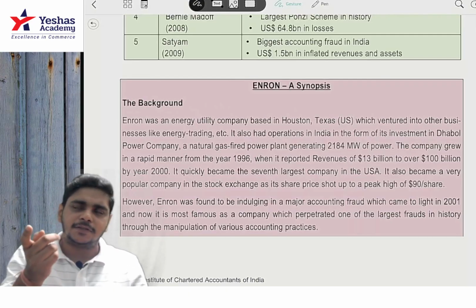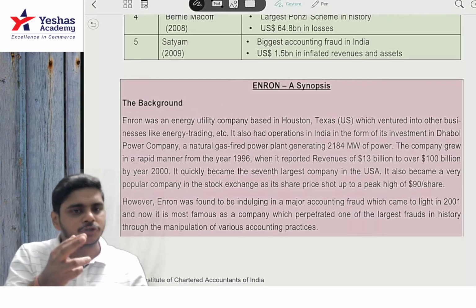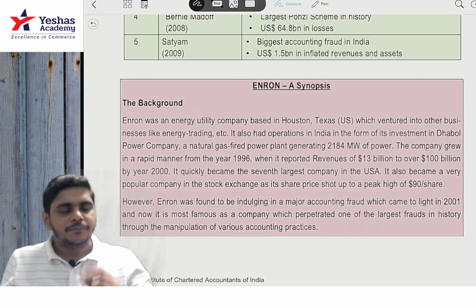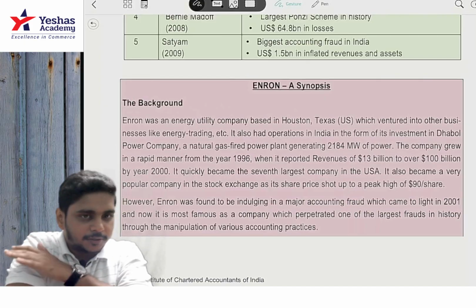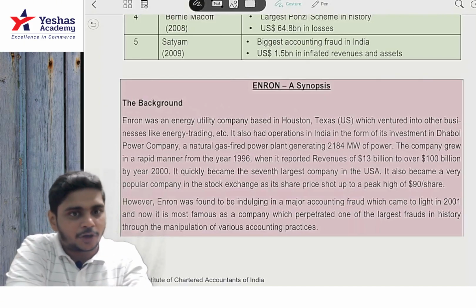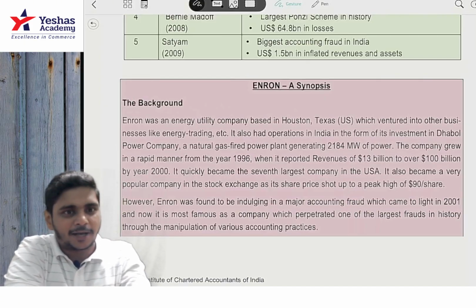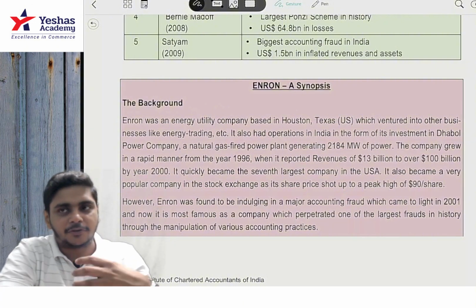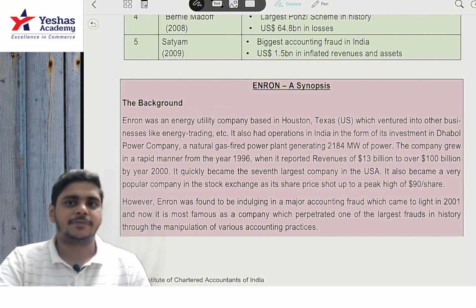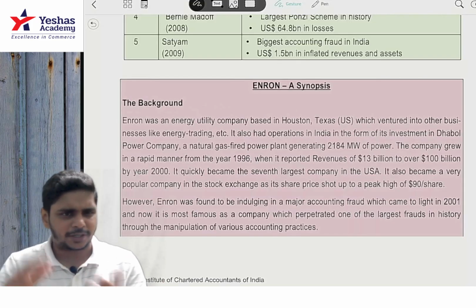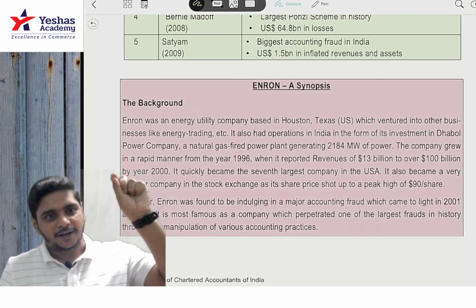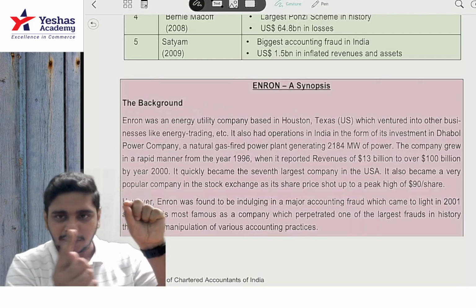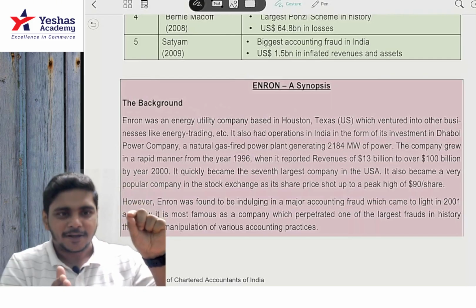And then the CEO of the company was misutilizing the funds. This was detected by the vice president, and he informed the CEO that something wrong was happening, but the CEO did not pay heed. And eventually, the company was making huge derivative losses. Derivative loss basically means they were doing a lot of futures and options, derivative contracts. They were using the money for derivative contracts, and they started incurring trading losses.